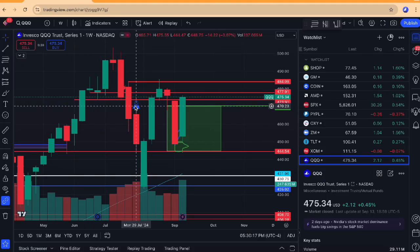If you know anything about technical analysis, you know that this right here is extremely bullish. I'm on QQQ's weekly chart right now. And this candle right here is the week of September 3rd, so 2 weeks ago. It was a very bearish candle. And if you remember in the last week video we did on YouTube, I mentioned this 445 to 450 range